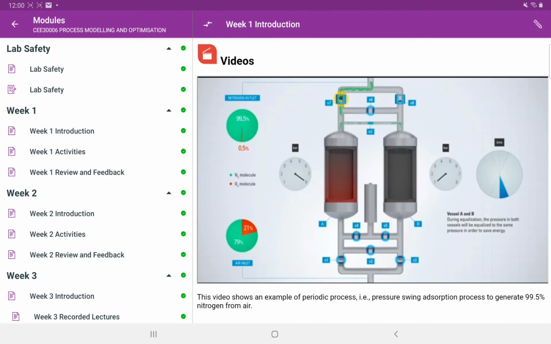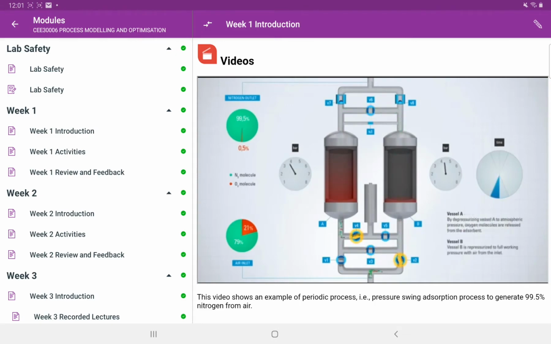Until now there is an equalization. Basically, when there is an equalization, the pressures will be equalized, so the vessel A pressure will go down, whereas the pressure in vessel B will go up. So this will go for a certain period of time. As you can see in here, there are different types of processes going on for different durations of time.